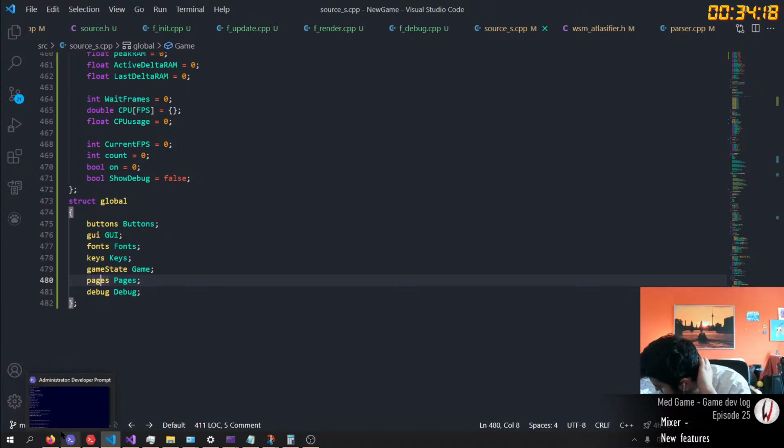Would vectors be the solution? Wait a second.